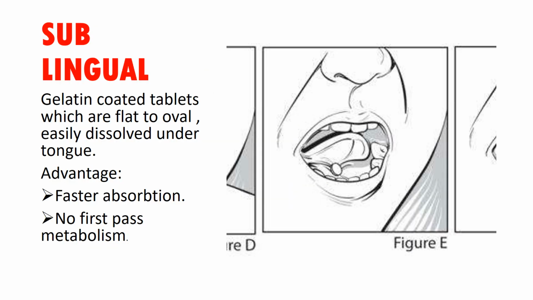Coming to the next classification of oral dosage form, sublingual, where the tablet, as the picture shows, is kept under the tongue, where there is vast vascularity and absorption of the drug takes place very fast. And also the advantage is fast absorption plus no first pass metabolism. Such drugs are given in case of emergency, where we require emergent action of the drug. For example, a patient comes to you with chest pain. We usually advise the patient to keep glyceryl trinitrate under the tongue so as to decrease the anginal pain the patient has. It is an example of a drug that is kept sublingually.